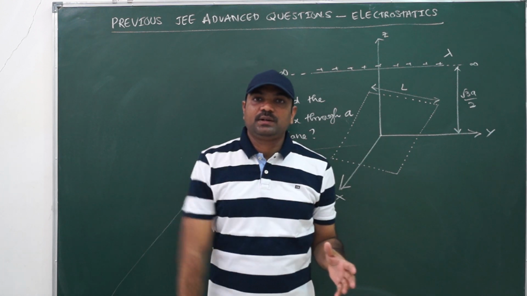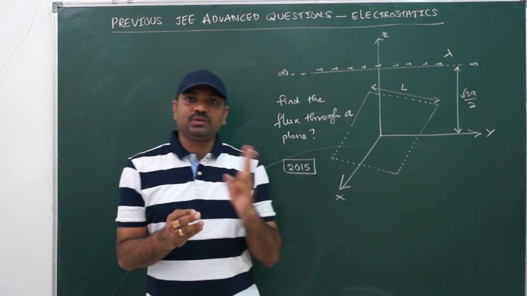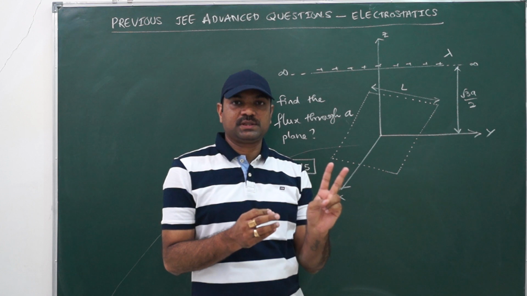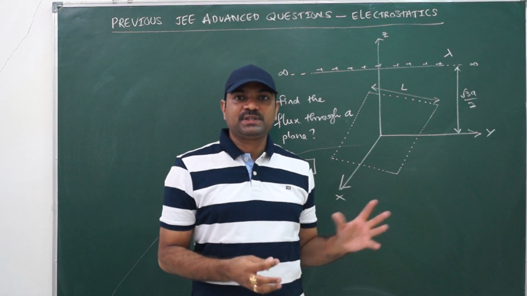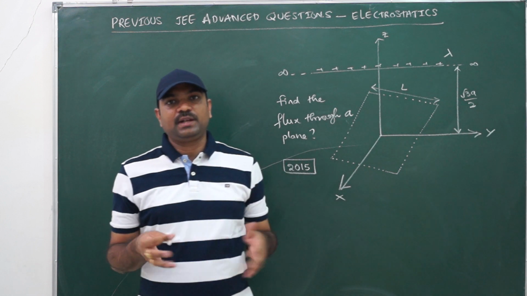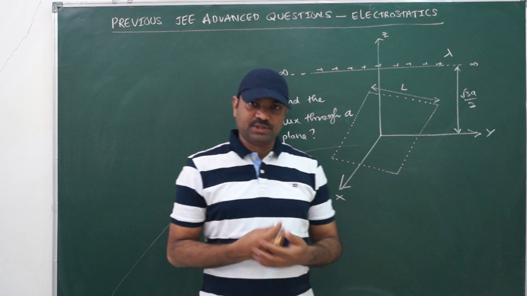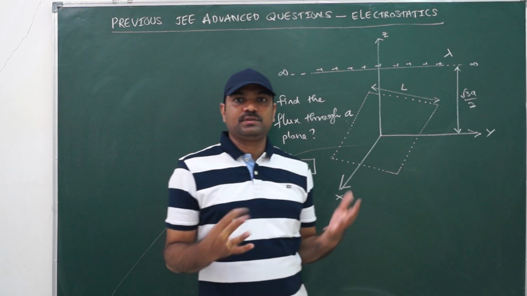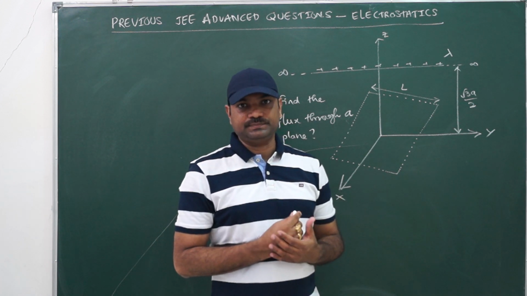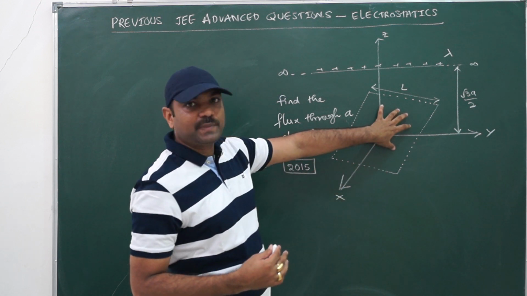Remember, there are two usual uses of Gauss law. One is to identify the electric field value at a point by using Gauss law, but to find the electric field we require a symmetrical charge distribution. The second is that we can identify the flux through some part by using Gauss law also. Let us go with this part first.